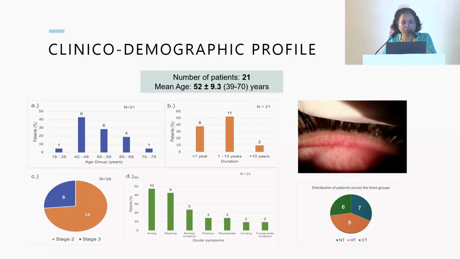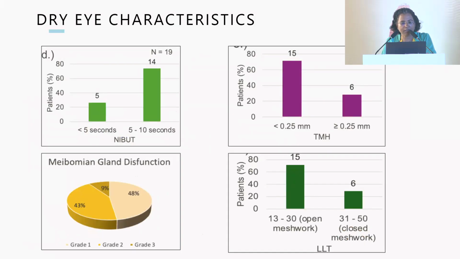Nearly all patients fell in the age group of 39 to 70 years. They were basically from two stages of the disease, stage 2 and stage 3, and there was equal distribution of the treatment naive group, the hormone therapy group, and the chemotherapy group. When we looked at the dry eye parameters, it was surprising to note that the non-invasive breakup time was deranged